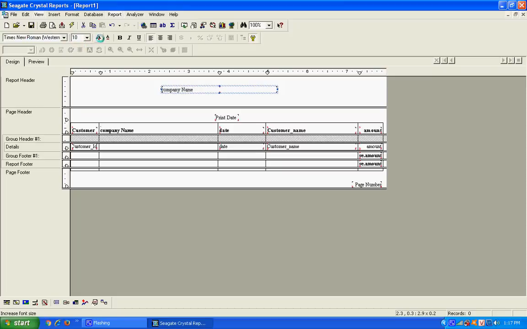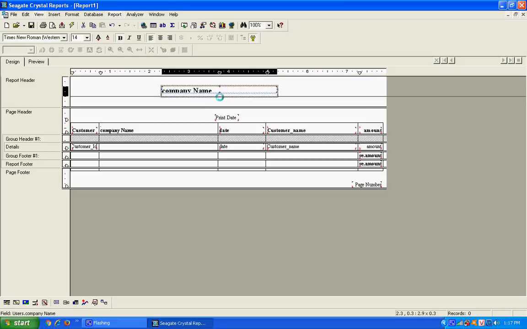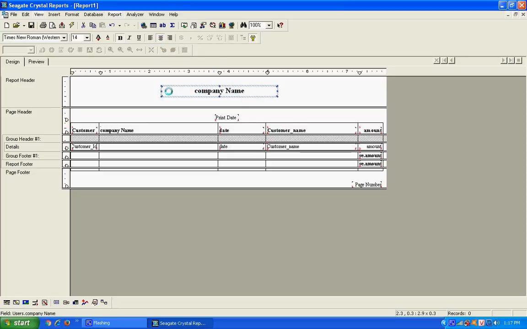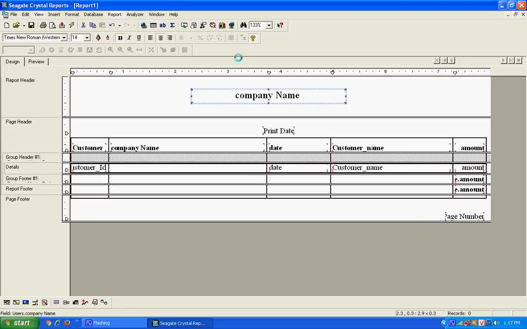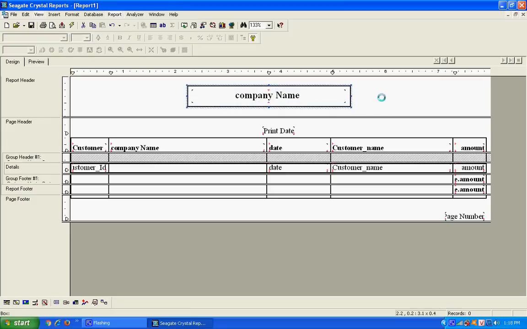The font name, but at this time the company name is the heading for this report. I just increase the size to 14 and press the bold button. For editing, I change the size using these buttons and press the align center button, because in our reports the company name shows in the center alignment. I increase the size of this report, and then I add a box around the company name, for some beauty in this report.